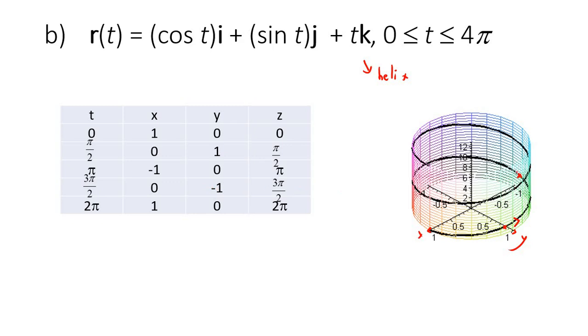At 3 pi over 2 you move up to here. Z keeps on increasing. And then when it is 2 pi, cos 2 pi is 1, sin 2 pi is 0, Z is 2 pi. So for one cycle, you actually move in a circular direction, but the height is increasing, in a circular direction with a radius of 1